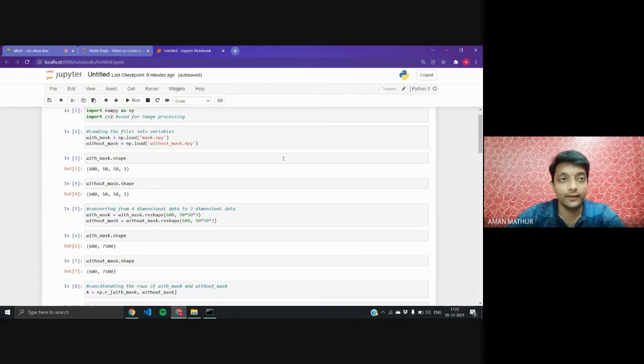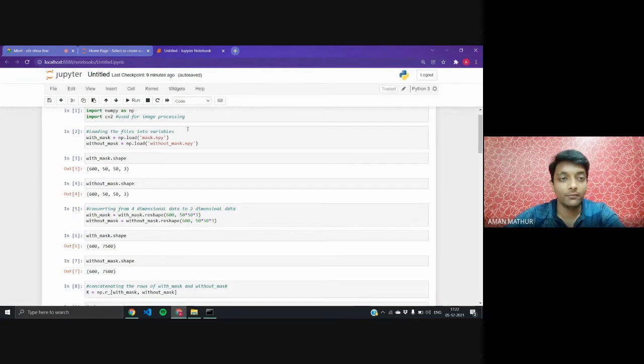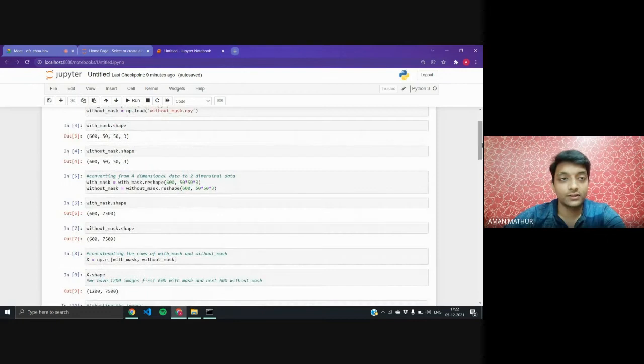Now, here we have two different files, which are with_mask.npy and without_mask.npy. I have loaded both of these files into two different variables, with_mask and without_mask. First of all, I have checked the size and shape of our variables. with_mask.shape gives the dimension of our first file.